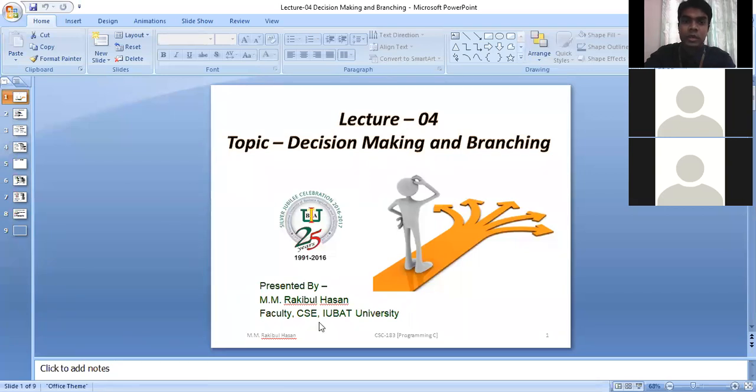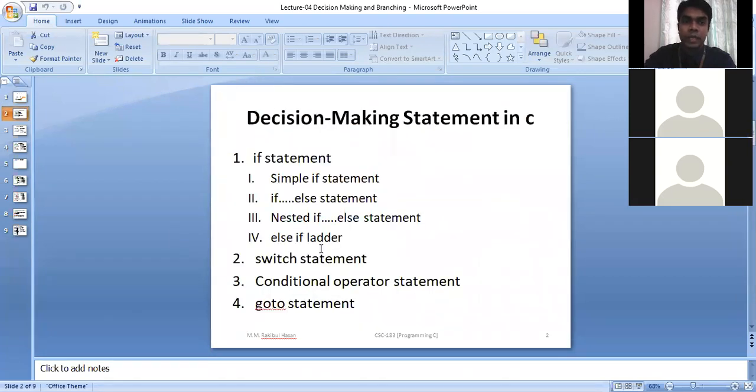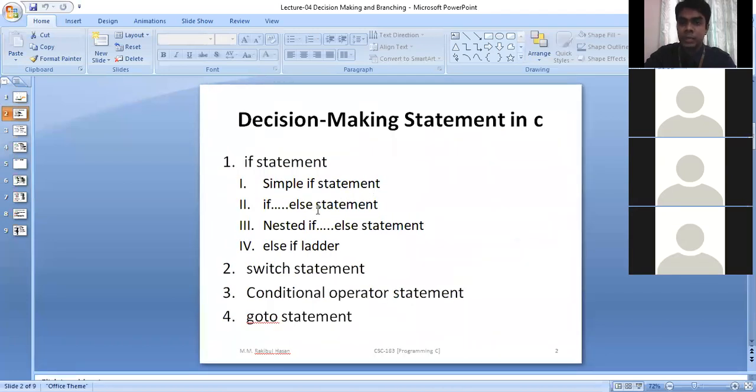So this is our first lecture. Today we are going to discuss this lecture first. Inside this lecture, mainly we learn about things like if statement. Under if statement, we have different types: simple if statement, else if statement, nested if else statement, and else if ladder.